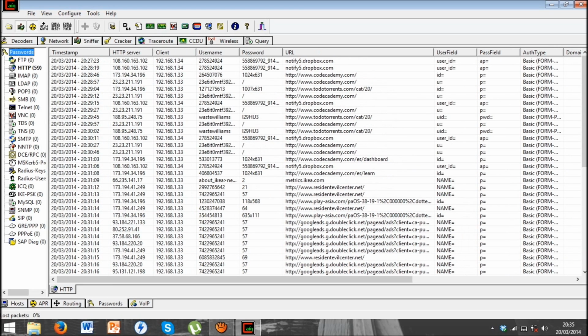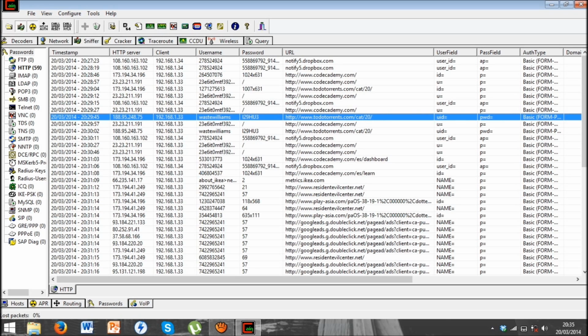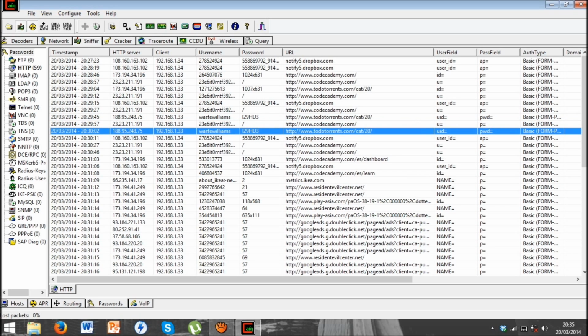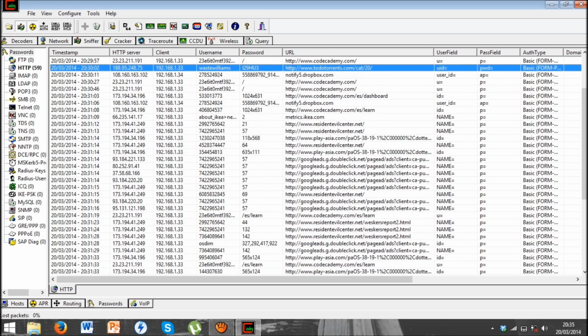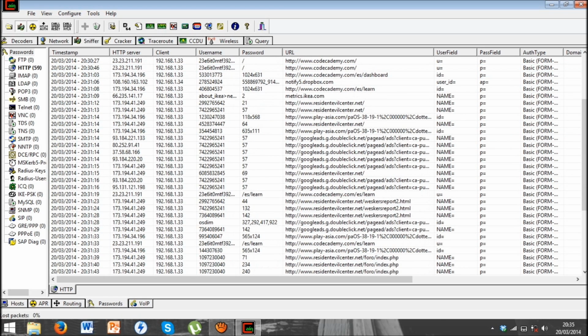In this way, we can use, if we want, the name and the password of the person we are targeting, because it appears on our page. To get it, the person must have visited the page before. One of them is the one which appears in blue. In this one, we can see the page, the name, and the password.